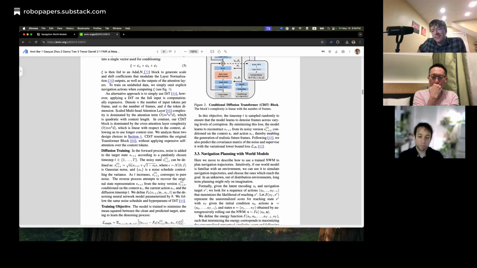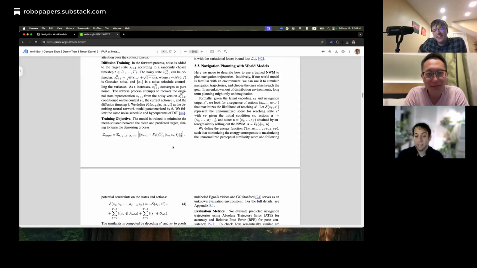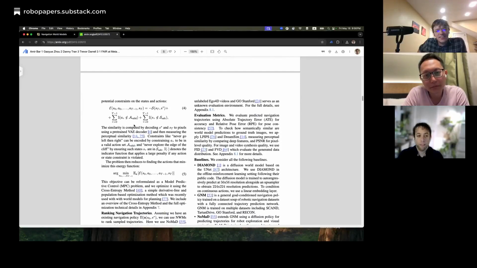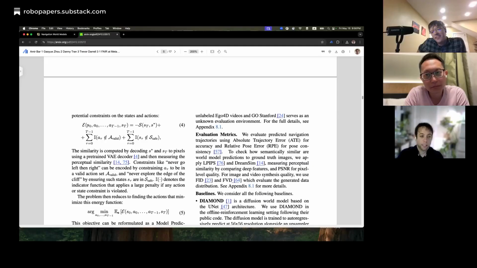Okay. So how do we use it to plan? Another question is, how do you use this for planning? The main idea is that let's say someone gives you a trajectory like this. Let's say someone gives you a sequence of states and a sequence of actions. What you can do is define a cost function or a loss function that says,